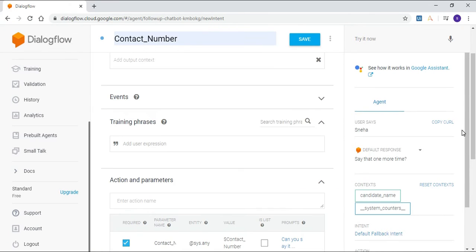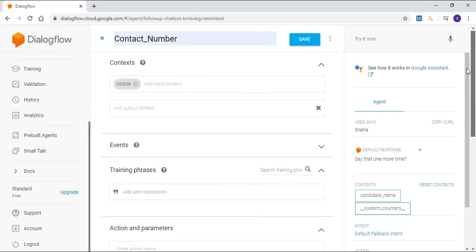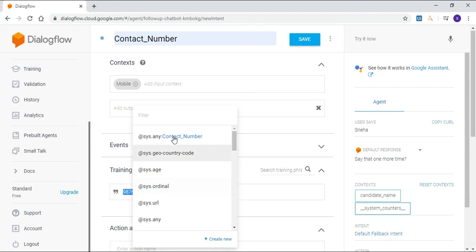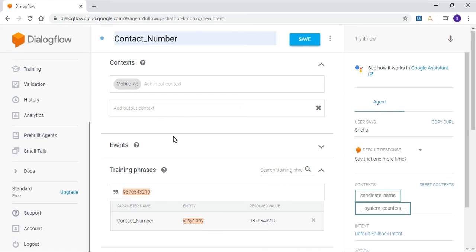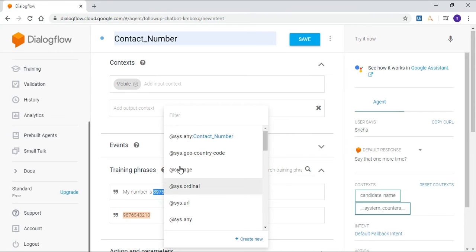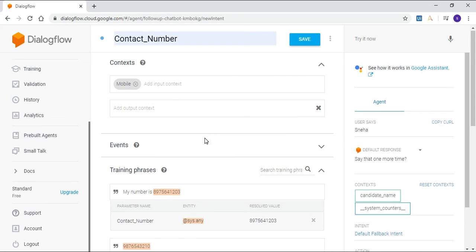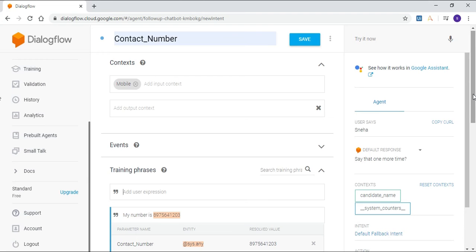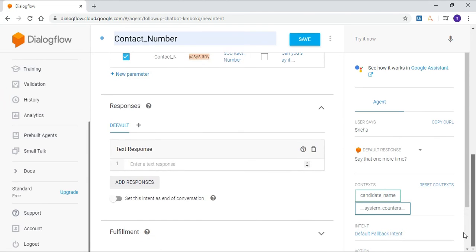Now you need to train the bot. Go to the training phrases and add your expressions. Double click on the number and select the parameter and click on enter. You can add one more training phrase saying my number is so and so. Double click on the number and again select the parameter name and click on enter. Once you have trained the bot successfully, add the response here saying